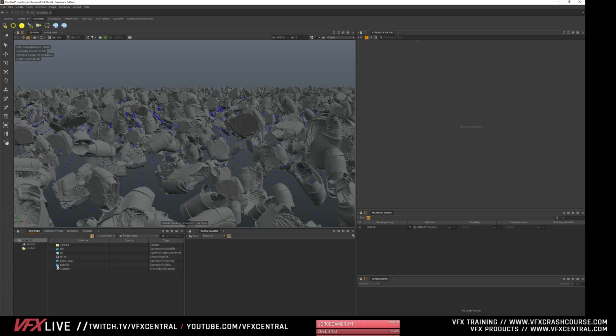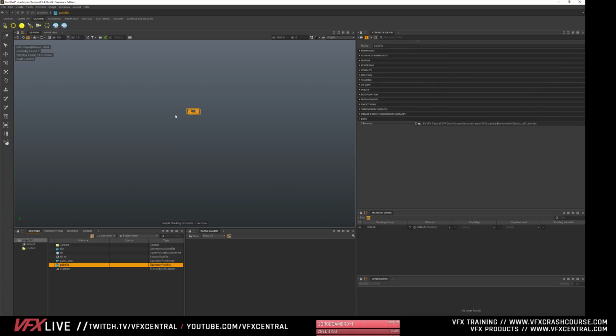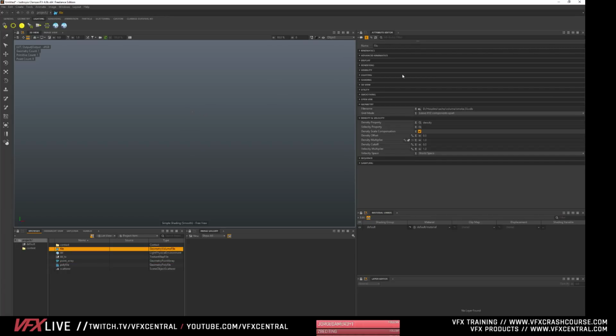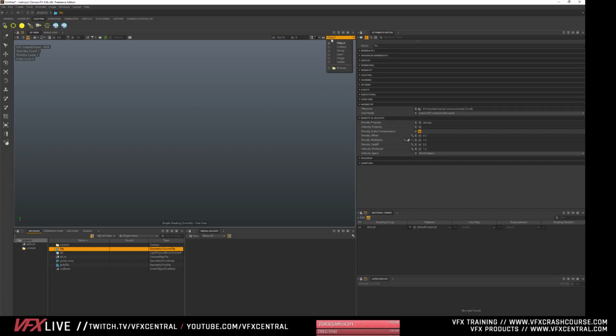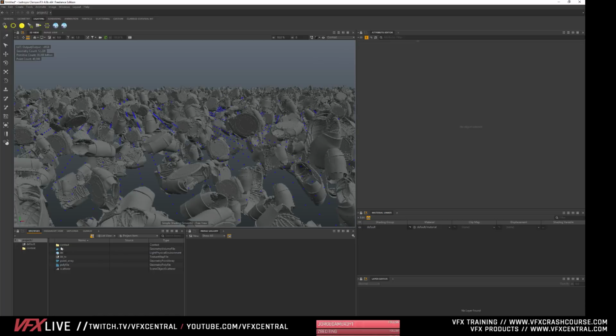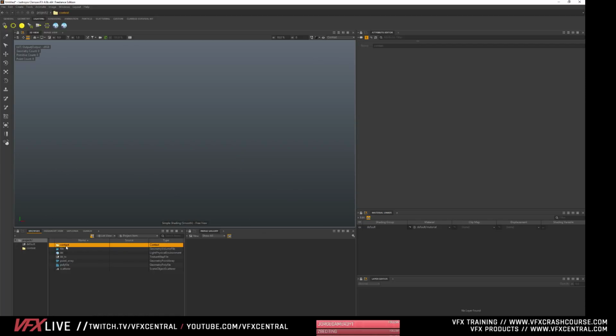There's also object mode, and in object mode, if I click on an object, it's going to just select one object. This is really helpful, and there's our VDB. It's super helpful when you're trying to look at maybe one object at a time. So we can go to context, and you usually want to make sure you're naming and organizing your stuff.